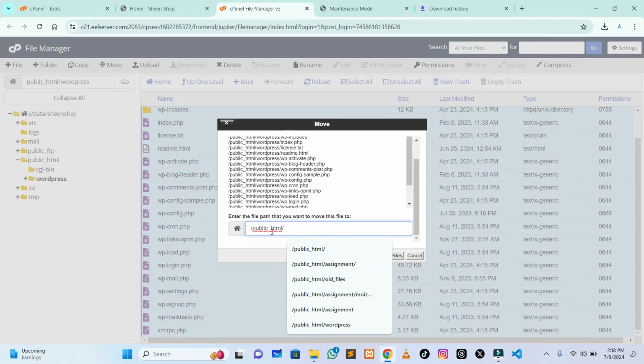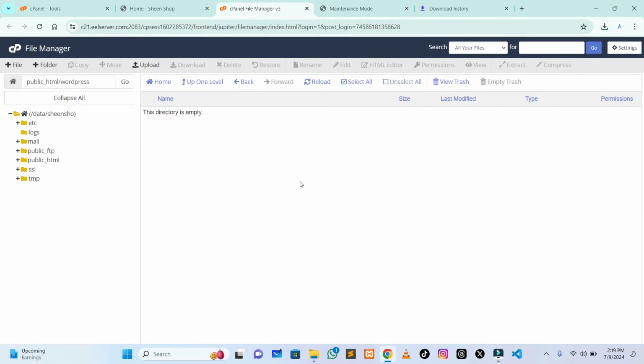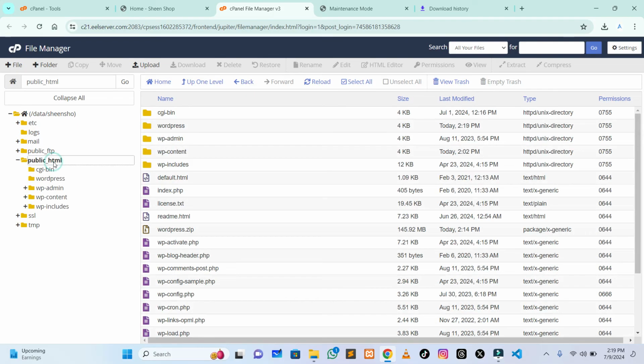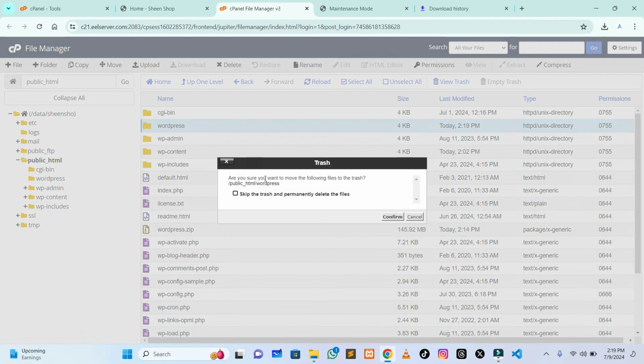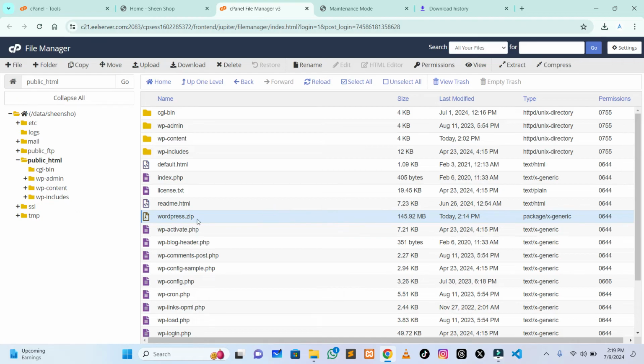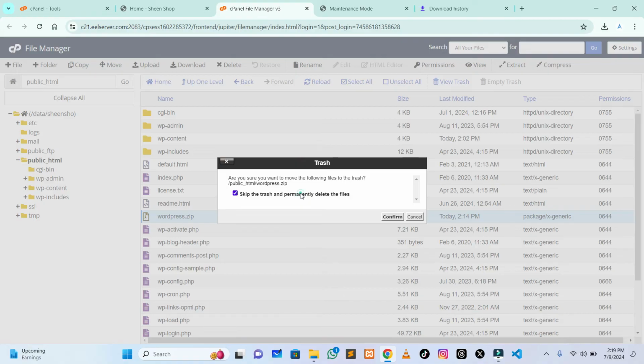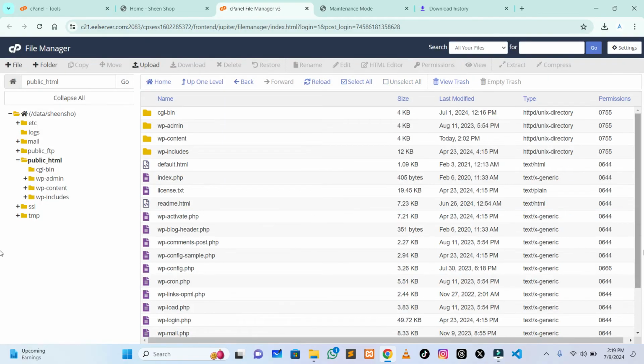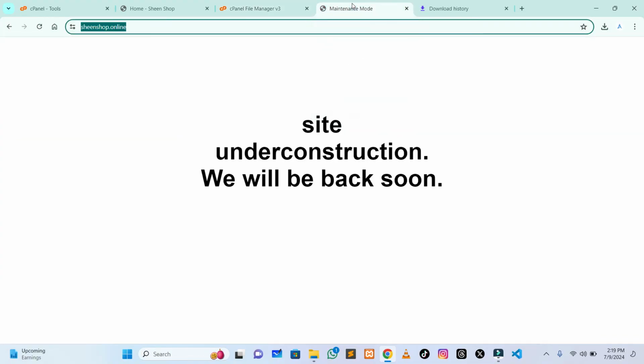set the directory to public_html here, so this website will be directly accessed in public_html. So now this WordPress folder is empty. You just simply delete this, and we also do not need this wordpress.zip because we have extracted this one, so we will delete this one also. So now I think it is done. If we refresh this page,